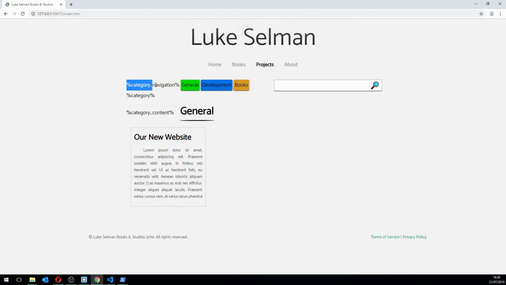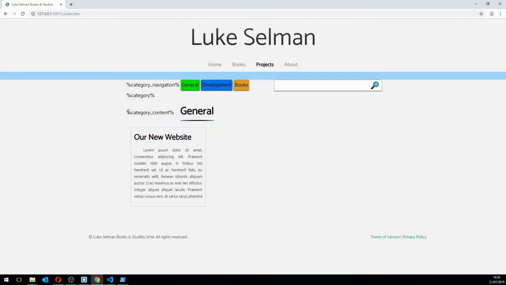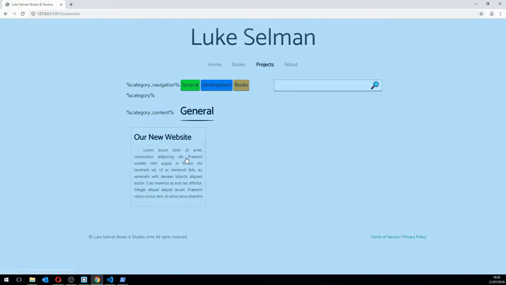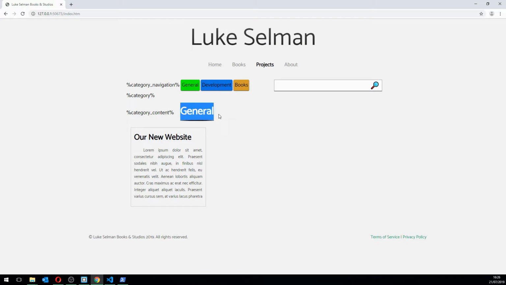Obviously we've got all these random template tags here that we will start parsing once we've connected to a database, but as you can see, we have implemented a very basic way of retrieving pages from the pages section